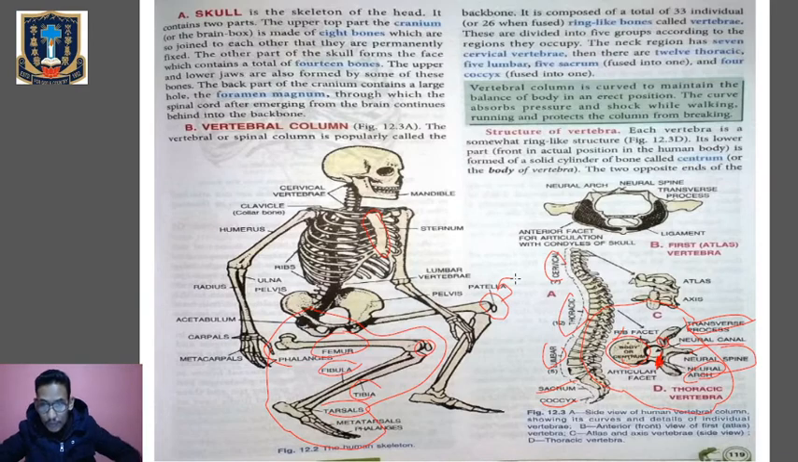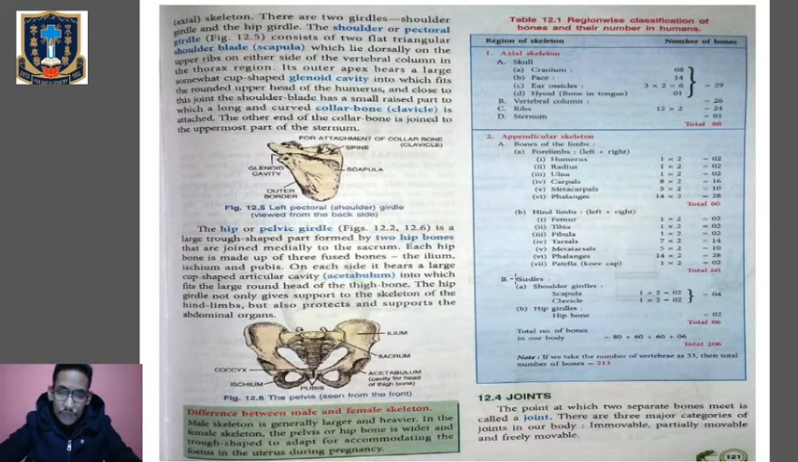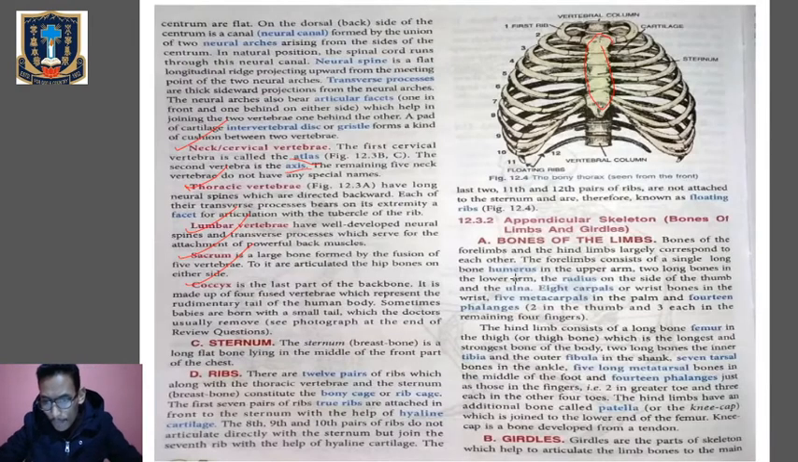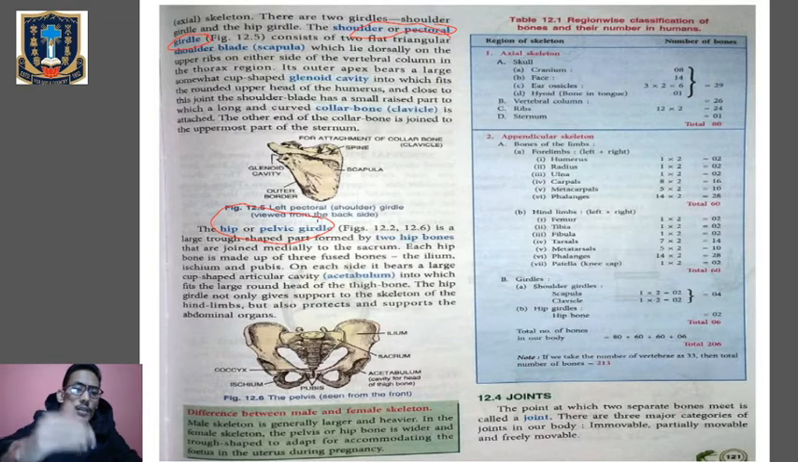Now we will look into the girdles, G-I-R-D-L-E-S. Girdles are the parts of the skeleton which help to articulate the limb bones to the main skeleton. So girdles mainly help to attach the limb bones, the forelimbs and the hind limbs, to the main skeleton. There are 2 types of girdles. What are they? We have the shoulder or pectoral girdle. Then we have the second girdle called the hip girdle or the pelvic girdle. So first let us begin with the